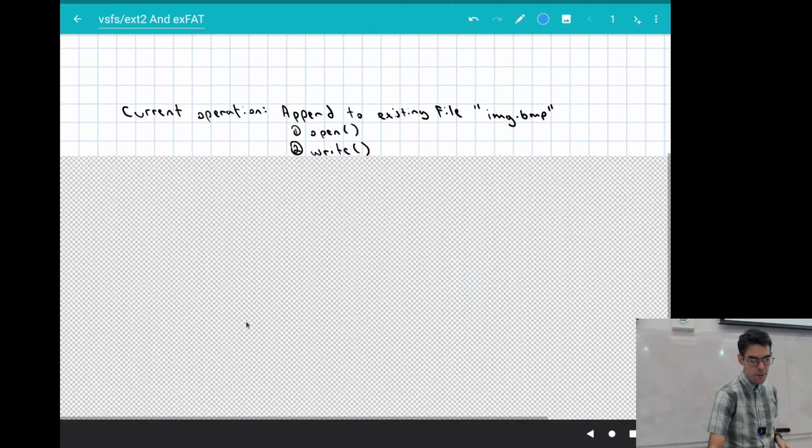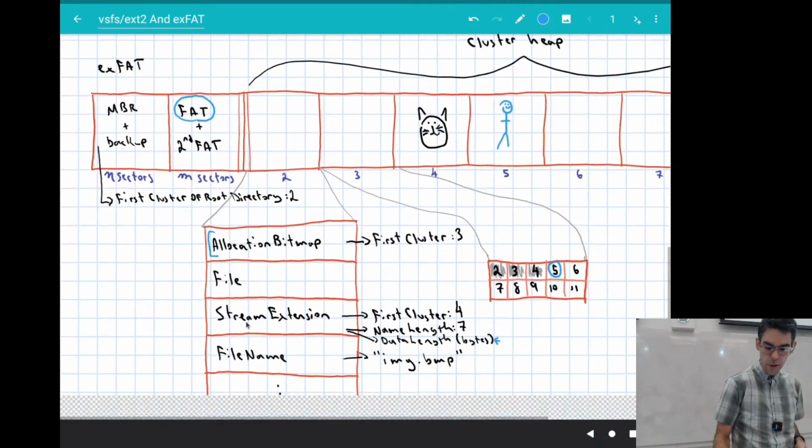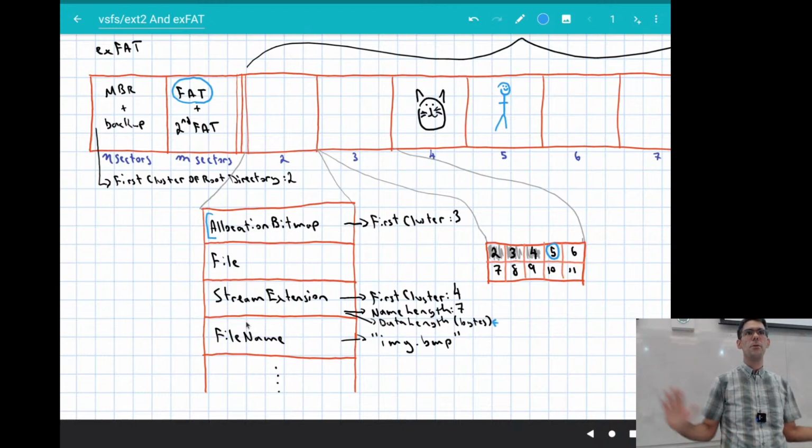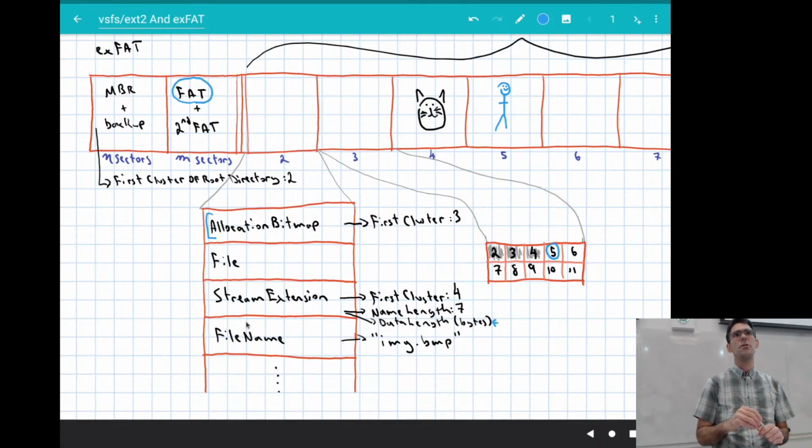The same is true here for exFAT. I could be making changes to the cluster heap, and I could be making changes to the directory entries here, but they're physically far away from each other, and cluster size is going to be much bigger than the sector size. So I'm going to be making small changes to this thing over time, as opposed to all in one bulk atomic unit change. So it's possible for you to write to one block and then another one to just write over it, technically? Yes, exactly, yeah.